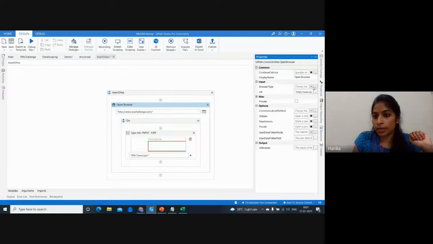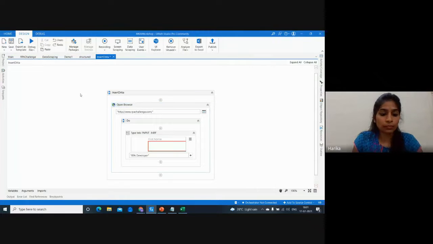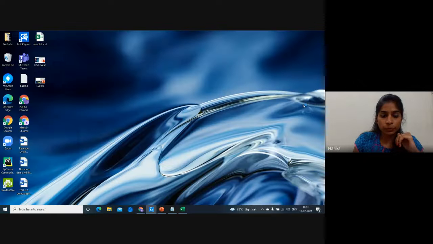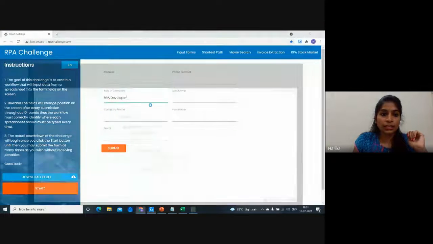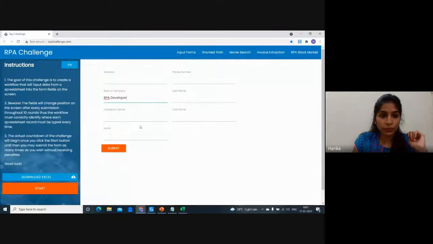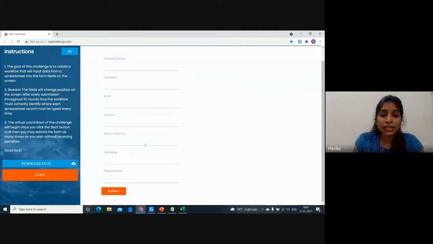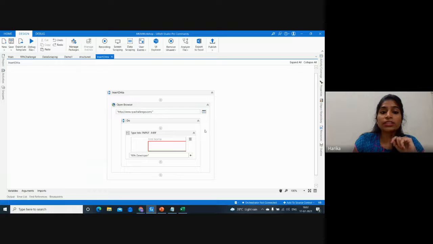And every time make sure that you choose whatever desired browser you want. And I'm going to run the file. It will open the application and it has provided the data, correct, which is RPA developer. So now I'm going to click on submit. When it runs, it has to come and give the data exactly over here. Only then does it mean that the selector we have written is working fine, and it is not getting restricted with respect to the position of the application. So I'm just going to run the file.